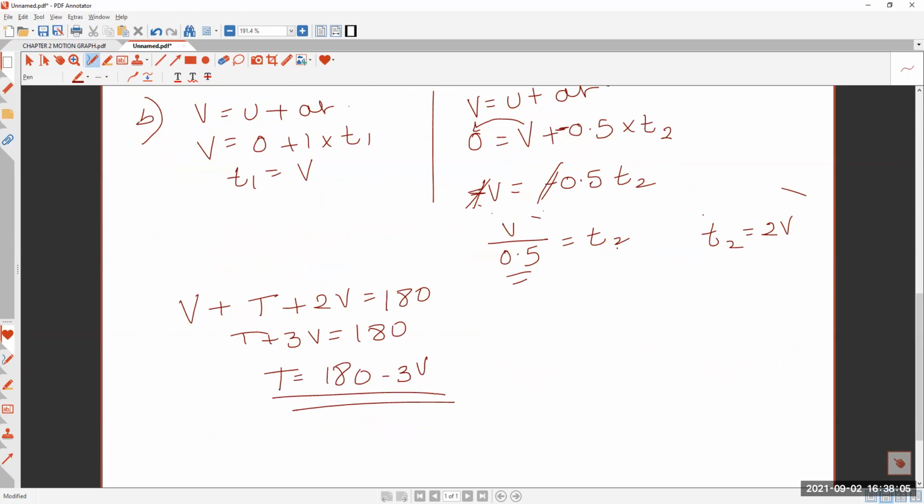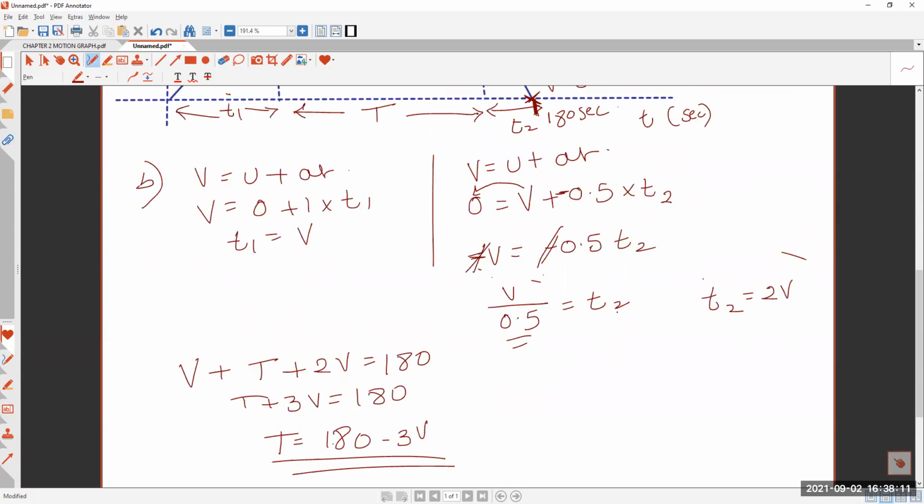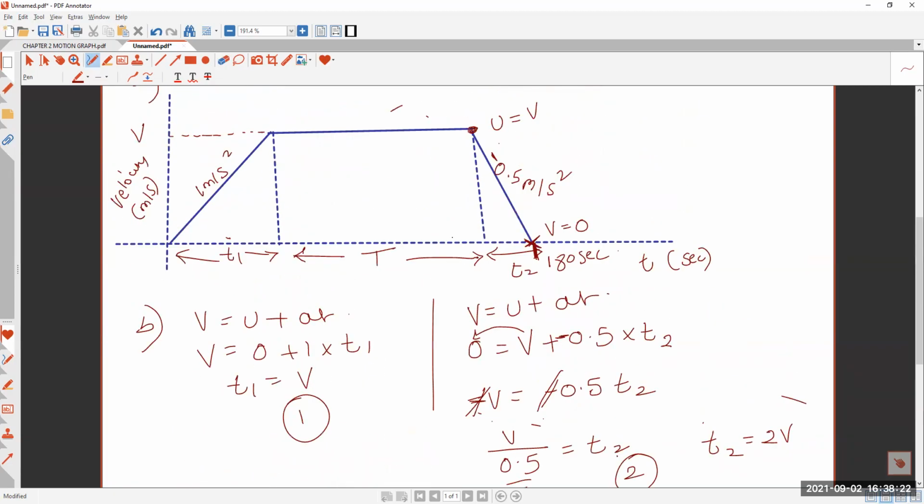ক্লিয়ার? কোন পার্টটা বুঝো নাই বলো, let me label it for you. This one 1, this one 2, this one 3. কোনটা 3? তুমি জানো the total time taken is 180 seconds, এটা জানো তো না? Yes okay. আমি t1 এখানে দেখো t1 কত পাচ্ছি, v পাচ্ছি, so t1 এর জায়গায় আমি v লিখবো, কারেক্ট? Yes or no? Yes okay look at the t2 আমি কি করব বলো, t2 is 2v, t2 আমরা পাইছি 2v, এটা বুঝছো কিনা বলো।